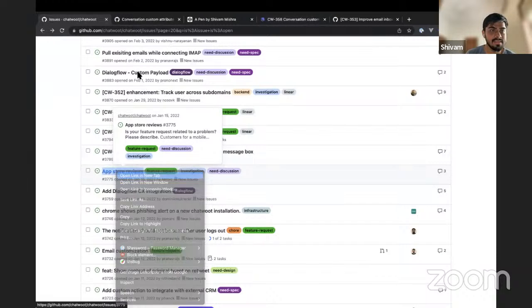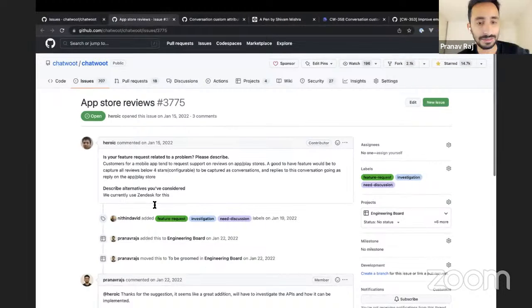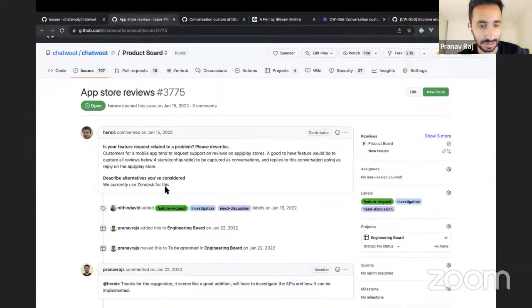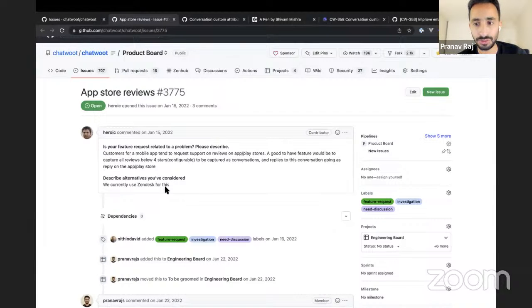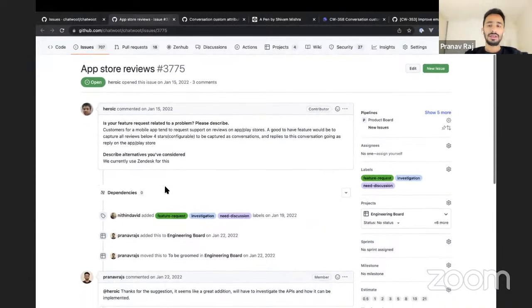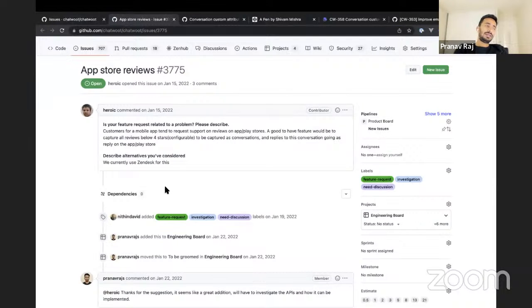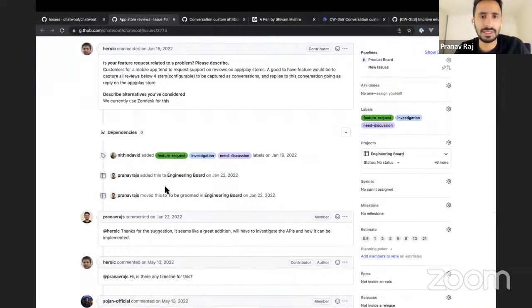App Store reviews. Okay, this is interesting. This is something people have been asking about, but haven't been able to work on the API. There are a couple of things: one is App Store reviews, another is YouTube reviews, another is Play Store reviews, and a couple more which I've identified during similar things. My point was whether we need to build it ourselves, or if there is a way we can make this